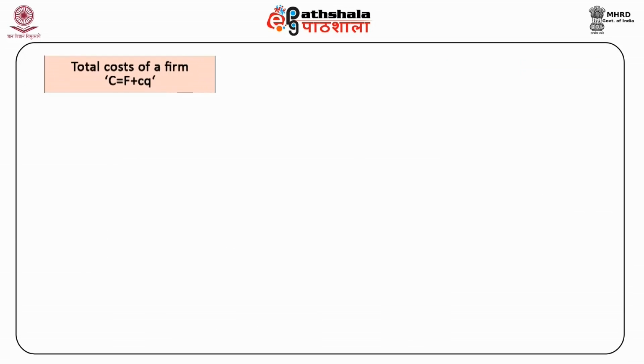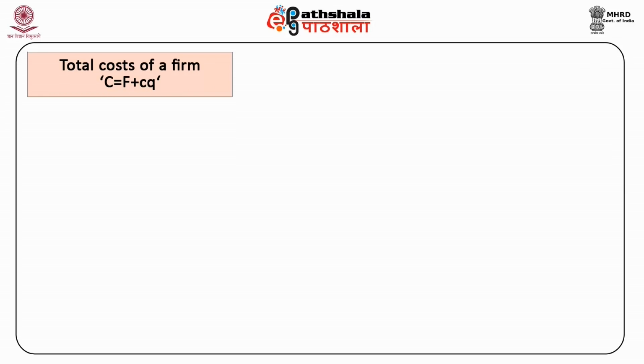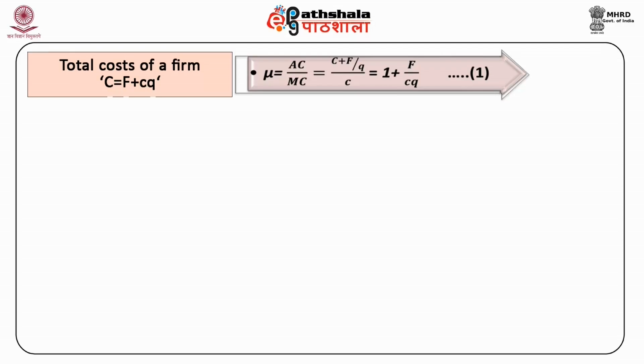Let total costs of a firm be denoted by capital C equal to capital F plus small c into small q, so that mu is equal to AC upon MC, which equals small c plus capital F divided by small q, whole divided by small c, which is equal to 1 plus capital F divided by small c into small q, where